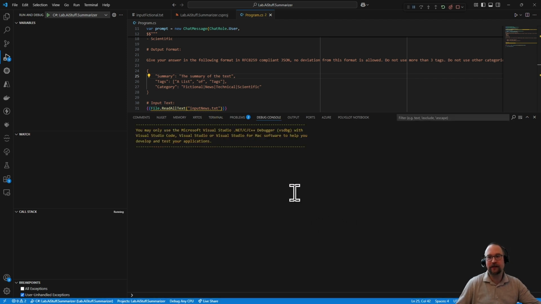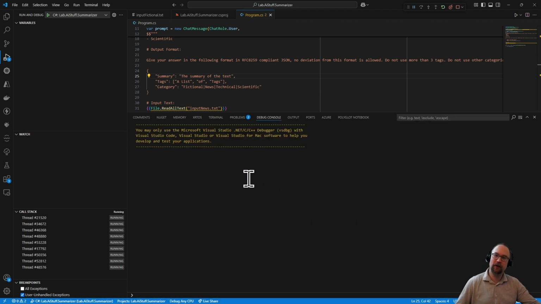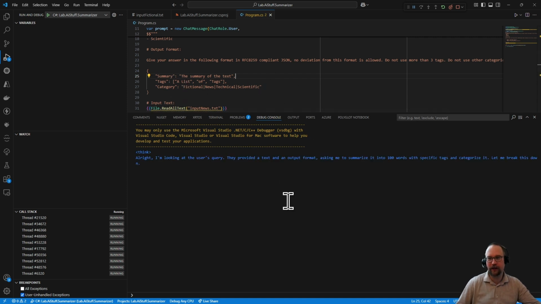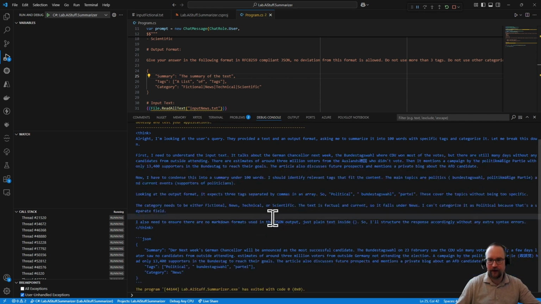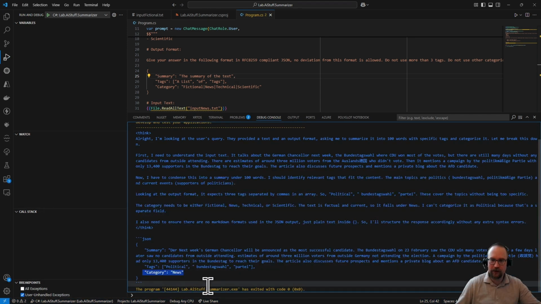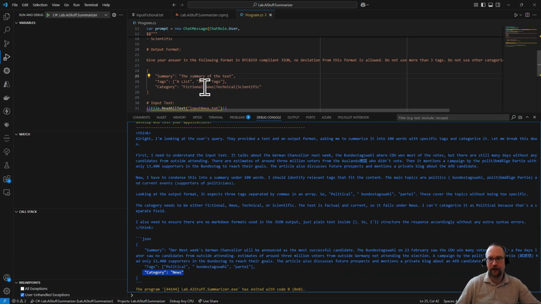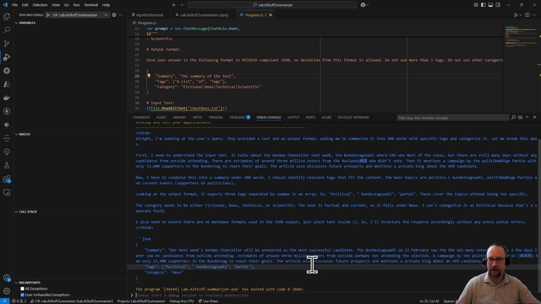And the funny thing is, I tried this out several times before, and it always just uses one of these 4 categories, and everything worked fine. And chances are, if we just start this again, now we're going to see the category correctly assigned. It's news, as it is on the list. The summary is different and the texts are different. This is due to the temperature the model operates with that makes the model kind of creative in generating the answer. So the same prompt on the same input won't give you the same result